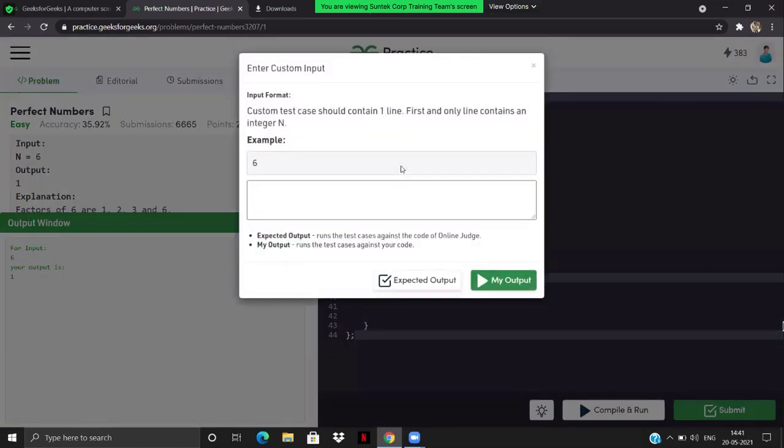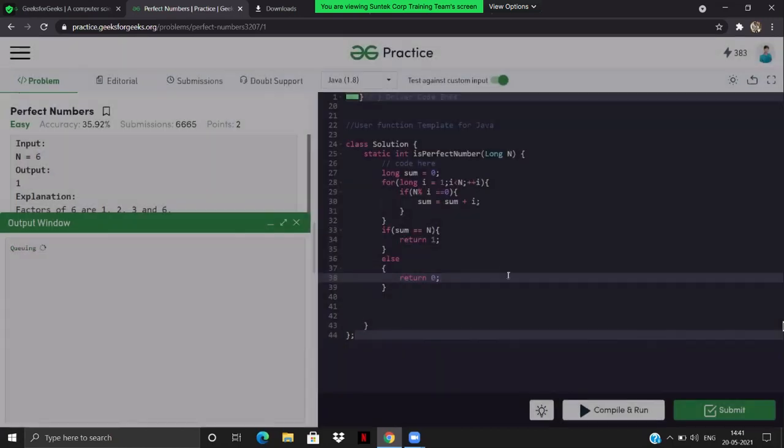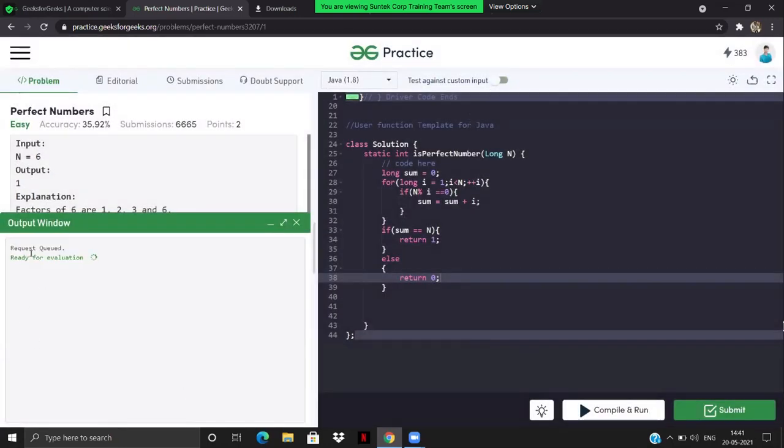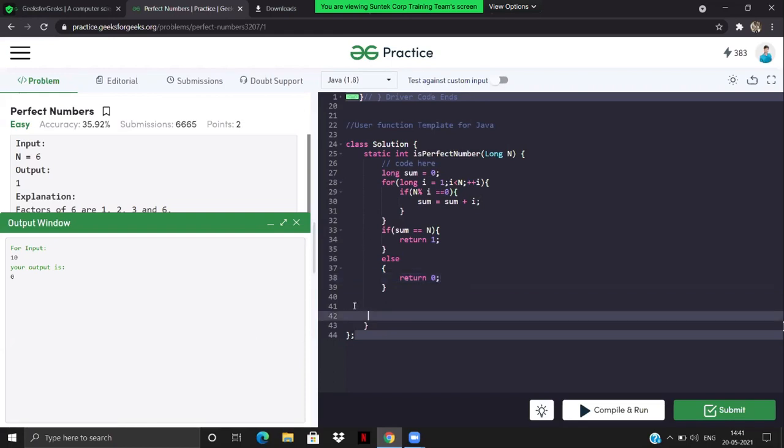Guys, the purpose of this question is to explain how you should debug your code, right? So let's say I have given you 10. What should be my output? It should be 0, right? So here you will get the output. Correct. I'm getting 0. Okay. So will it work if I submit it?